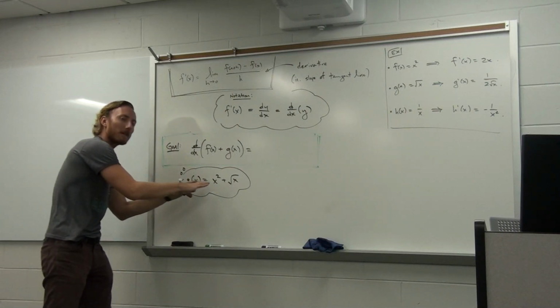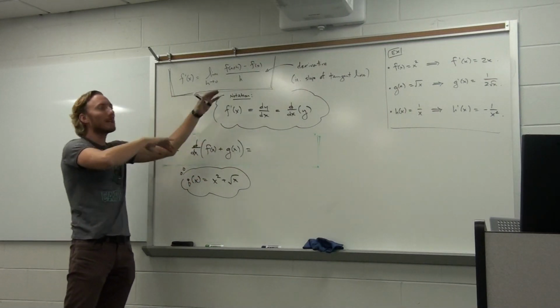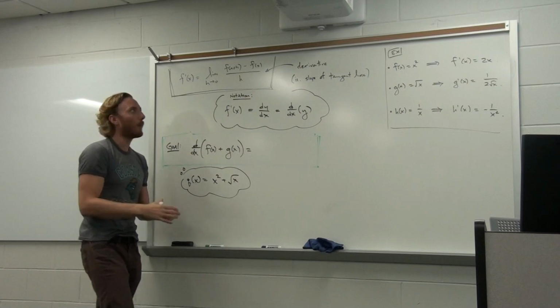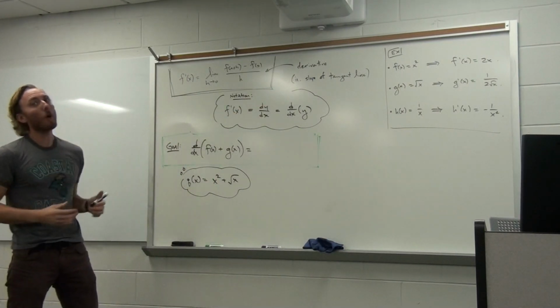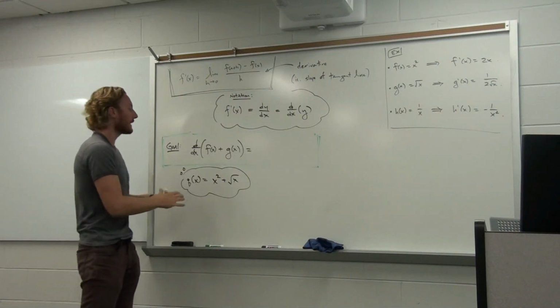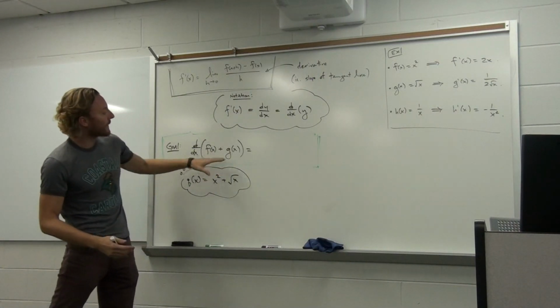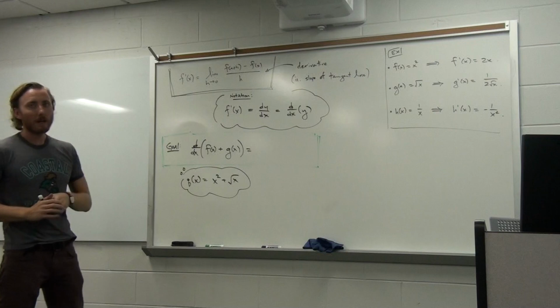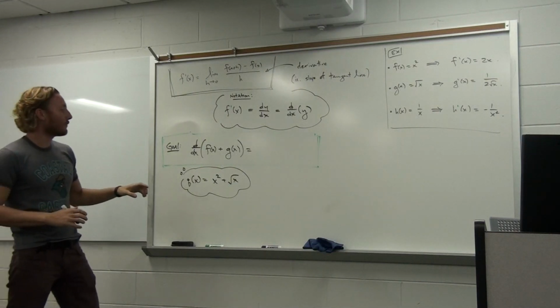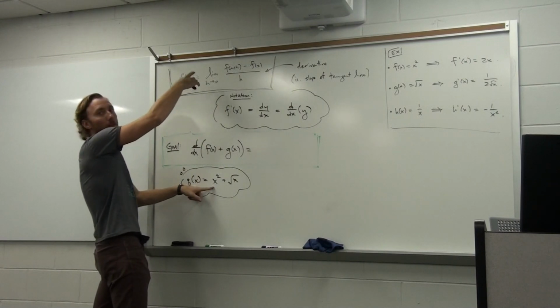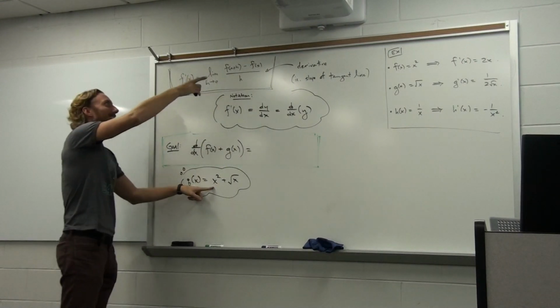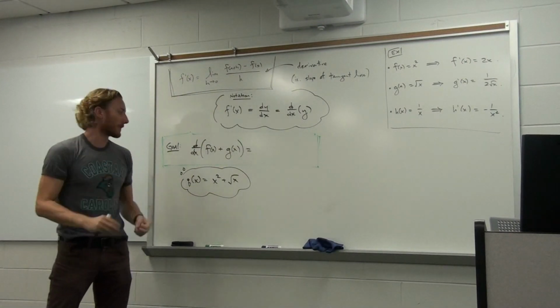And this perfectly valid function you could graph, and when you're looking at its graph, you could zoom in at a particular point, and you could see the tangent line. That tangent line would have a slope. So the goal here is to try to find a way for this function to determine the slope of its tangent line. And rather than running this function through the limit technicalities, which can be very cumbersome,